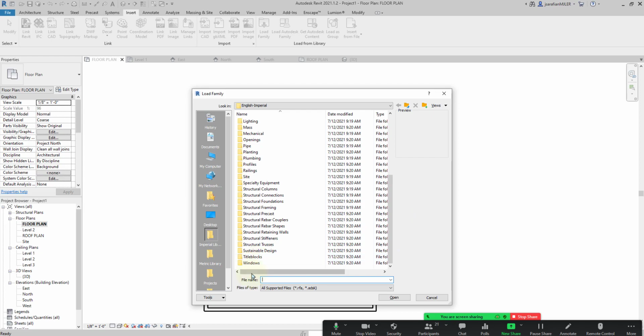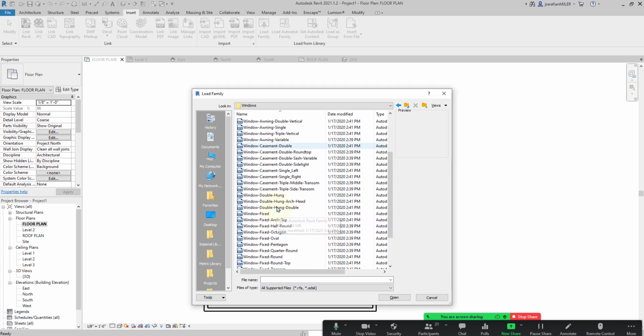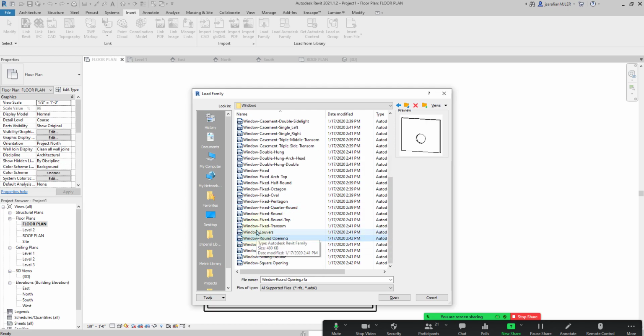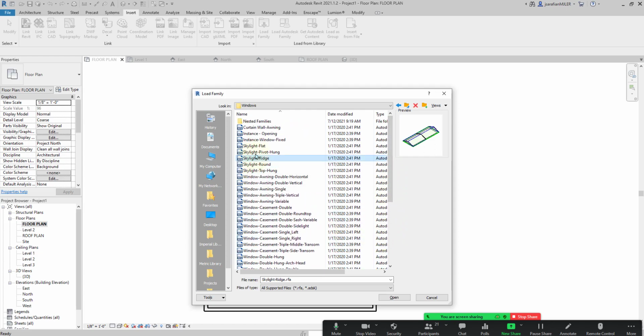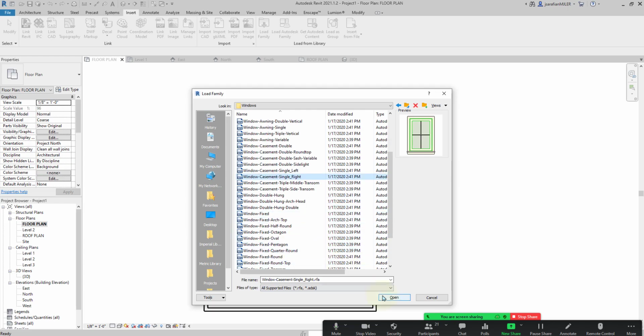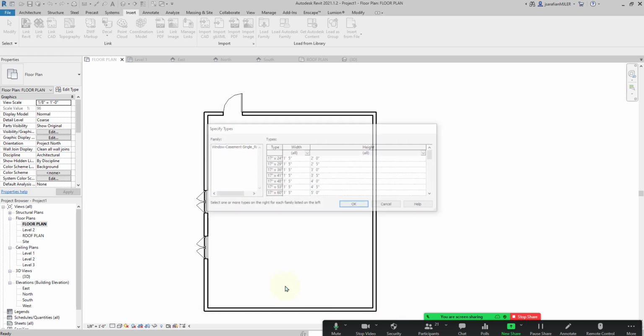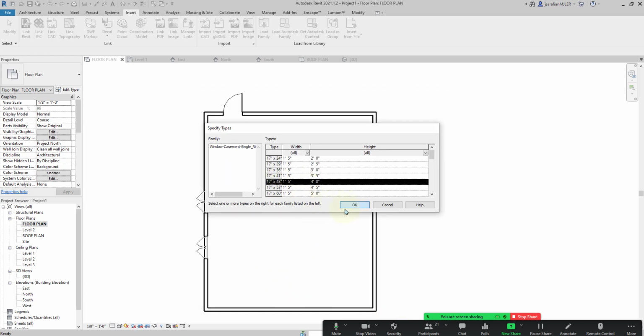So I go down to the Windows category at the bottom, and I can find any type of window. This won't have everything, so you may have to go on specific websites to find the type of window family that you're looking for, or make one yourself. BIMobject.com is a good source for that. Revit City is another good one. Arcat, another good one. So when you find it, you hit open, you specify the size,